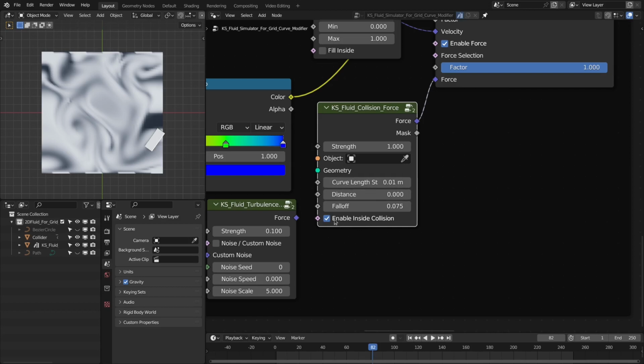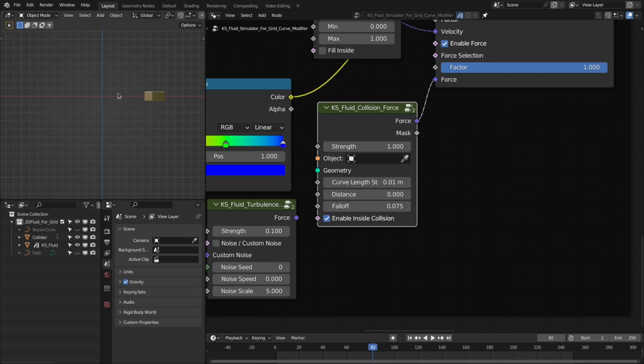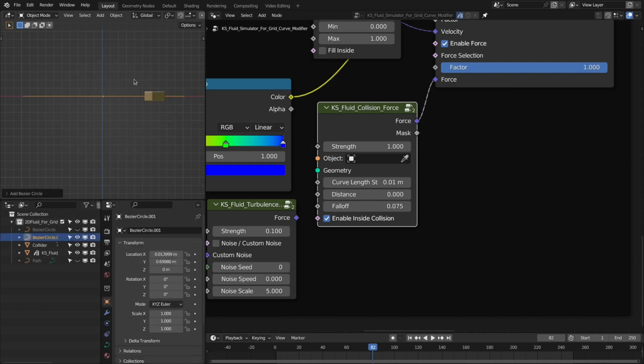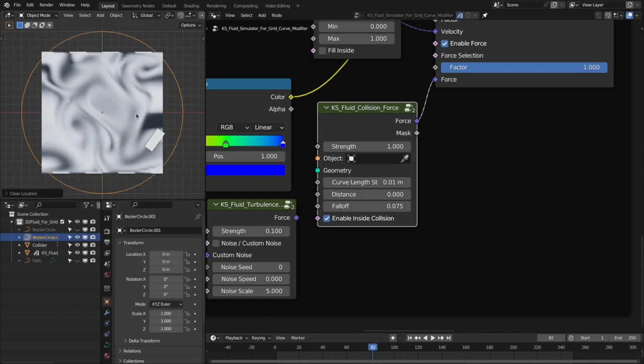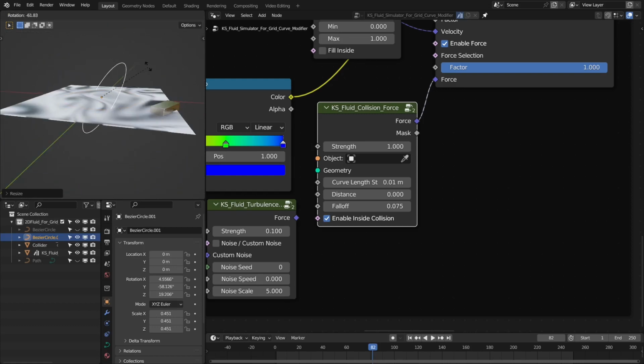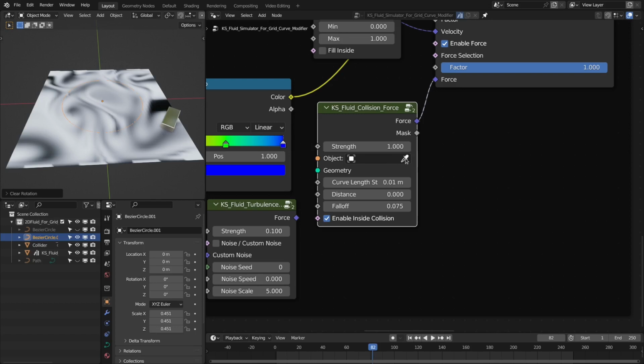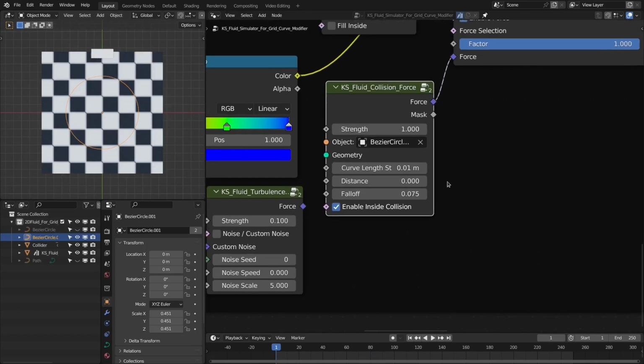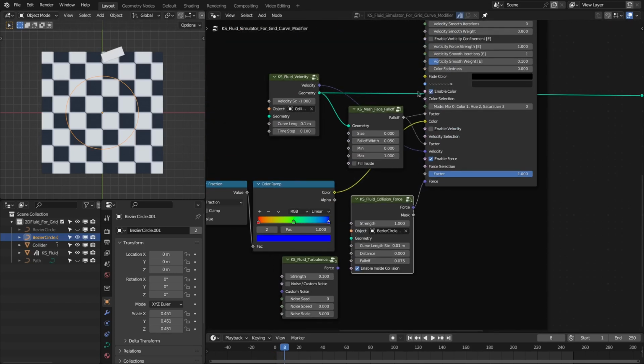However, you can also enable this option for the curve object, but make sure that the curve is perfectly aligned with this grid. Let me add the curve. So that curve should align with this grid. It should not be like this. Okay, so if we add this curve to this node and run the simulation, let me enable this color option